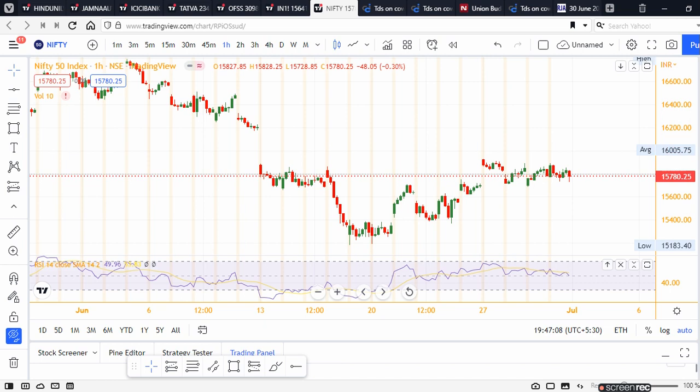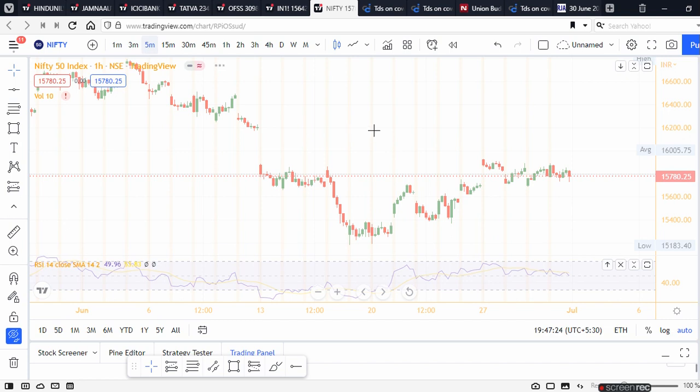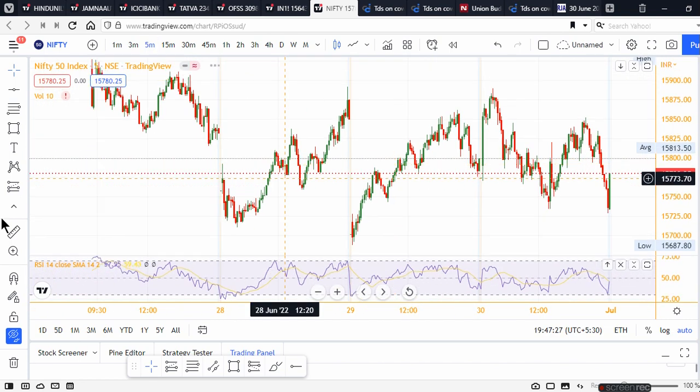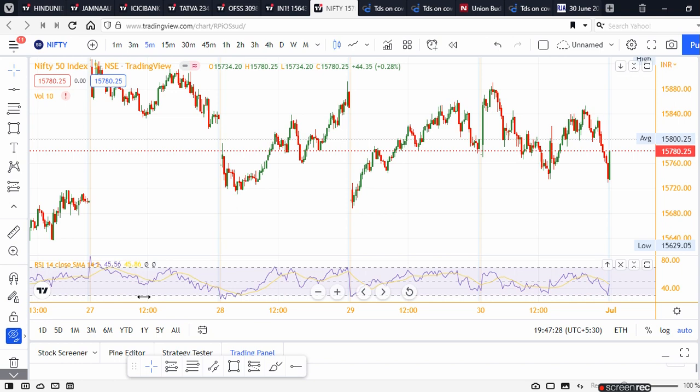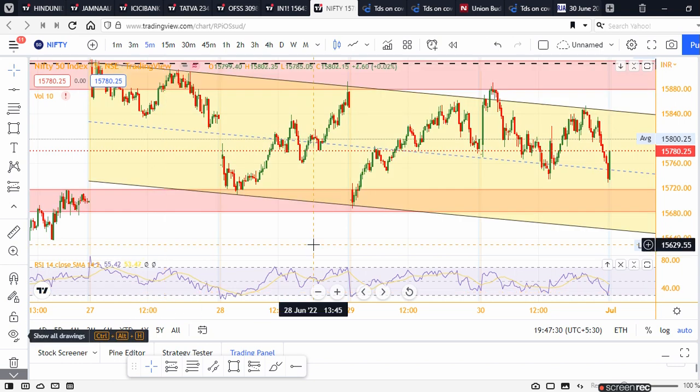Now let us go to the trading analysis, that what can happen tomorrow. Why I studied all this? Because now I know everything about Nifty 50, what it's doing on 5 minutes, what it's doing on hourly, daily and weekly. My bias is very much clear. I know what to do. What are the key levels? Now let us go to the trading time frame and discuss what Nifty 50 is doing. For that, I'll be bringing back my drawing.